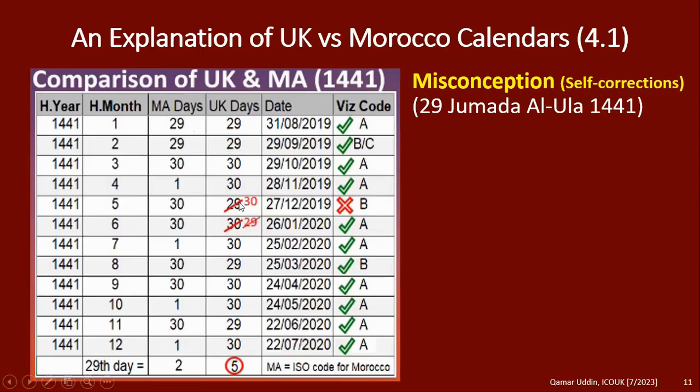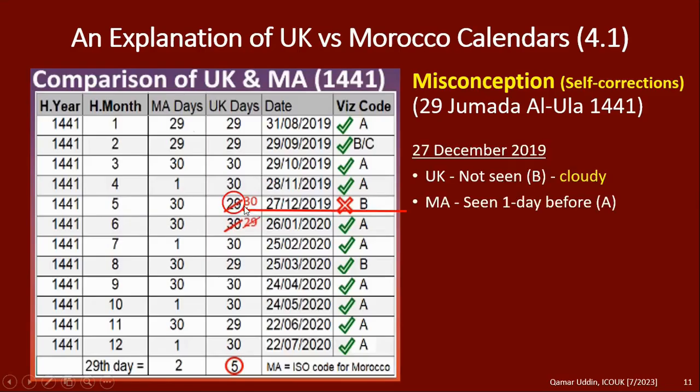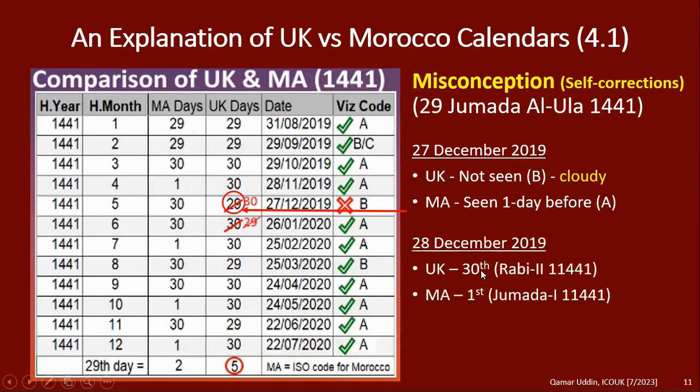If we missed a 29th day, then it becomes 30. Okay, so 27 December 2019, it was 29 Jumada al-Ula 1441, and the UK was cloudy, code B, difficult to see. And December month, early sunset, most people at work, so it is easy to miss, and that's what happened. So Sharia wise, if you don't see it, you complete the month 30, so the next day becomes 30th in